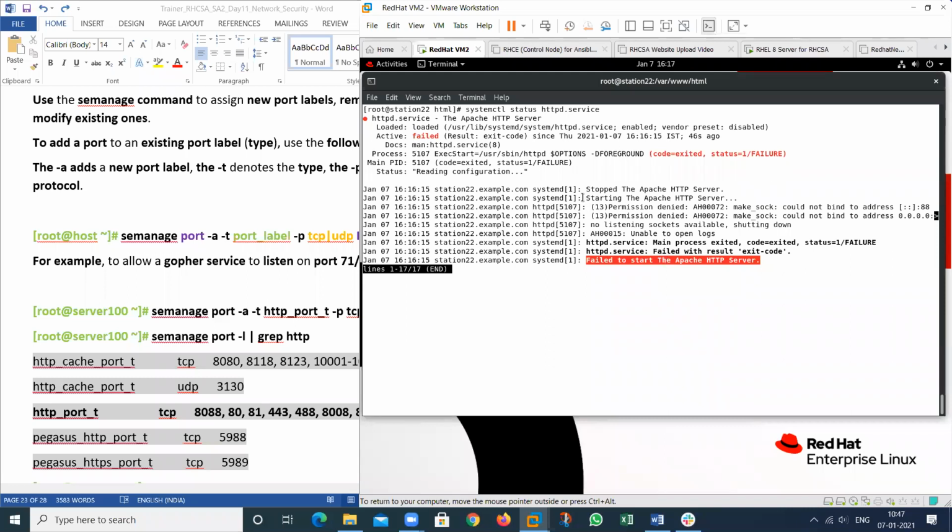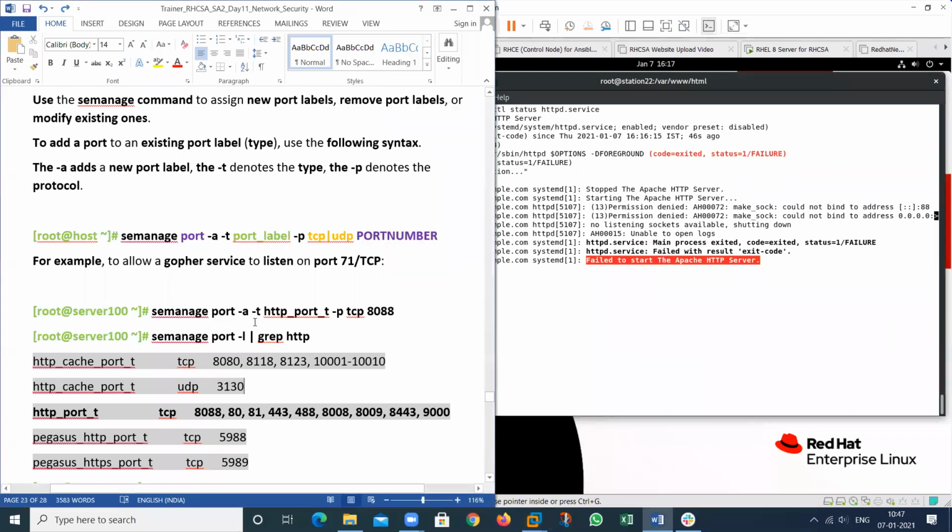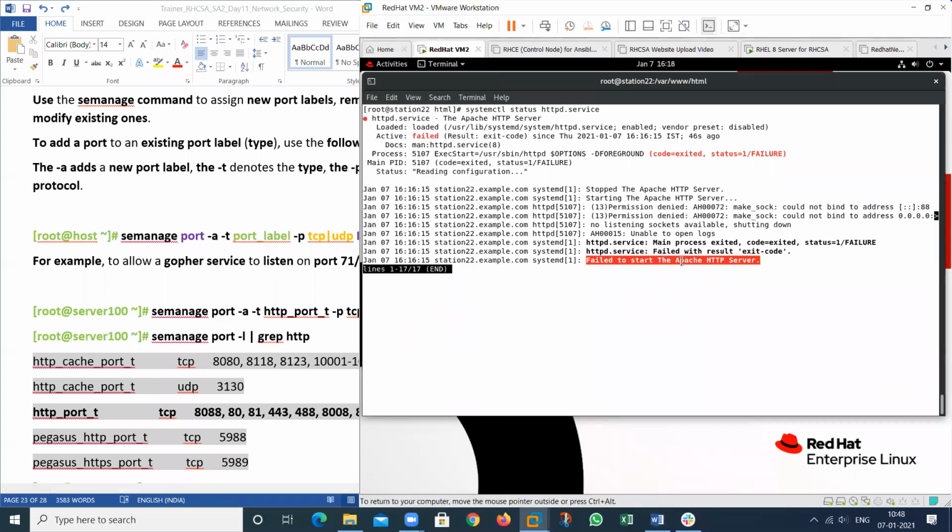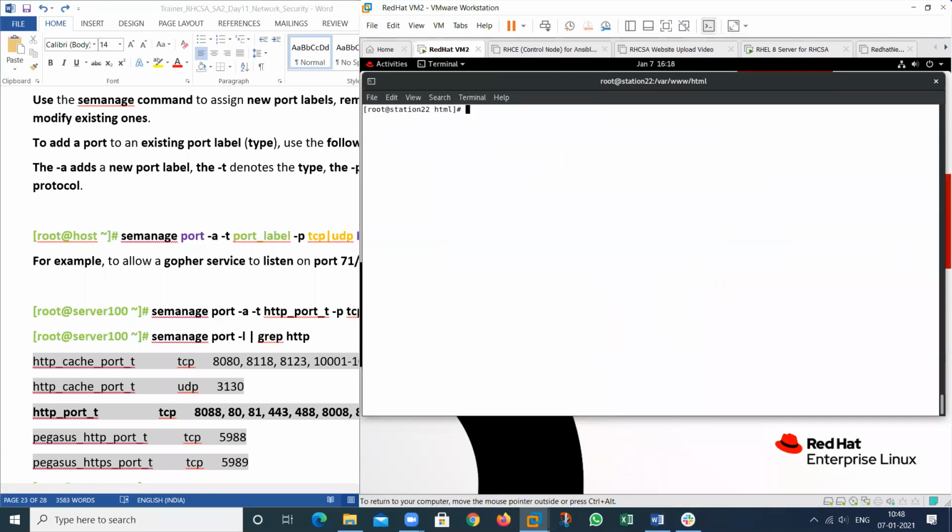Then I want to check what is the other reason, and so we can use one more thing. So press Q here, and I want to check this.